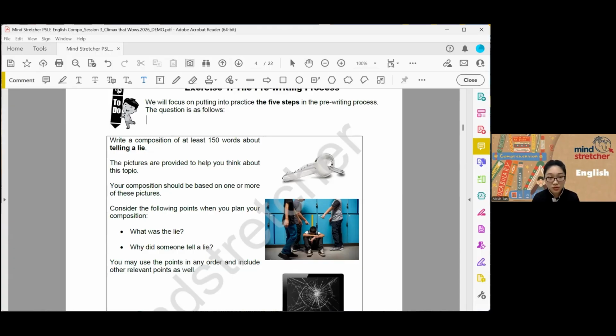Telling a lie. Telling a lie is very specific. It's a very specific action. Some values related to telling a lie. What are some relationships related to telling a lie? Okay, type it in the chat. So the moment you see telling a lie, it's dishonesty. So honesty, dishonesty, a dishonest act. Okay, yes. Integrity, yes. What else? Hiding the truth.